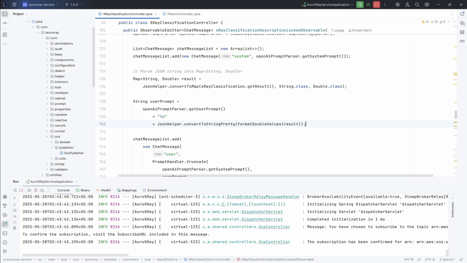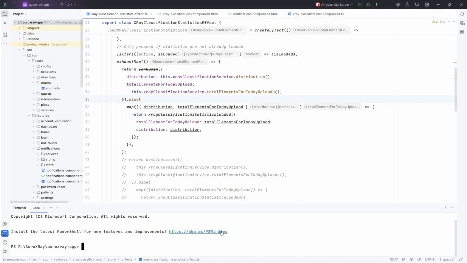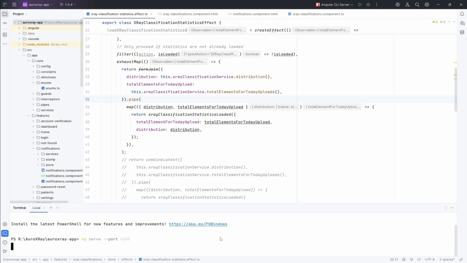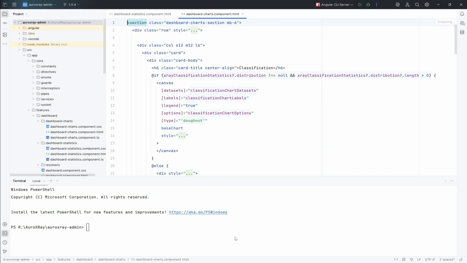Now let's start the front-end application. So I'm running the Oro X-ray app on port 4200 and the Oro X-ray administrative portal at port 4201.